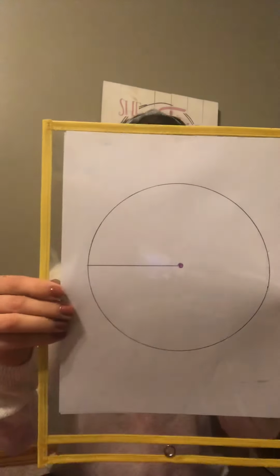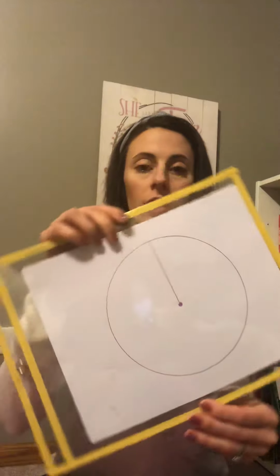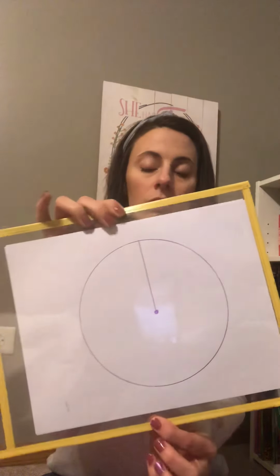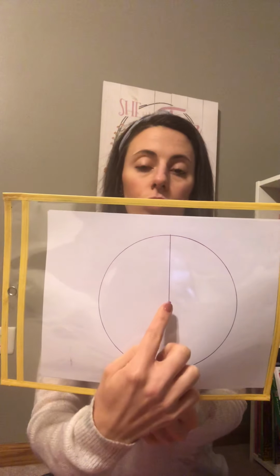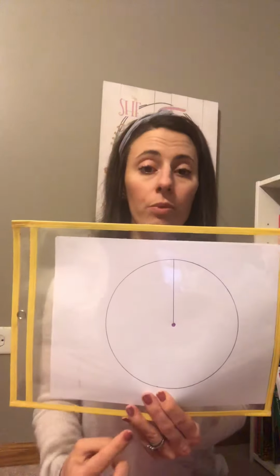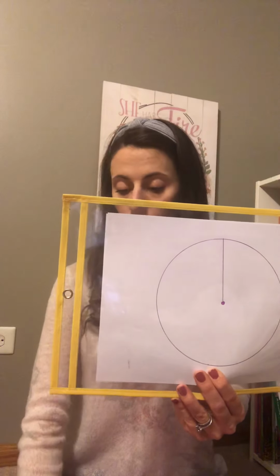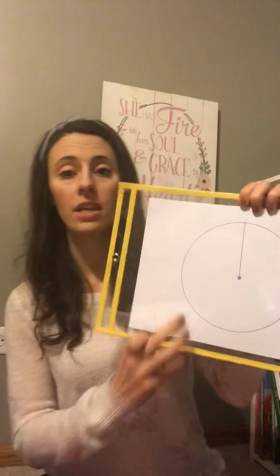Now if you were to have the radius of your circle, that would look like this. Your radius is half of your diameter. All right, it can be any direction on your circle, but it goes from the middle of your circle, the center, and it shoots out as a ray and touches only one edge, so it does not go all the way through. If we say, for example, that this radius is 5 centimeters,